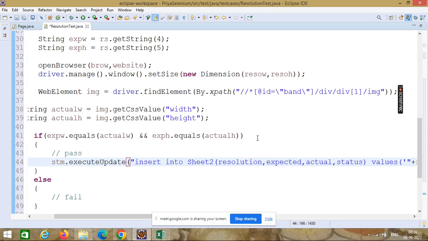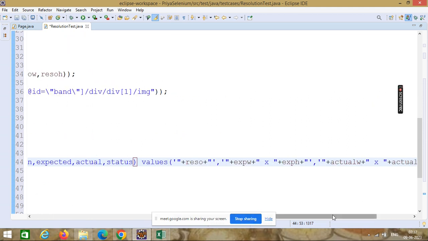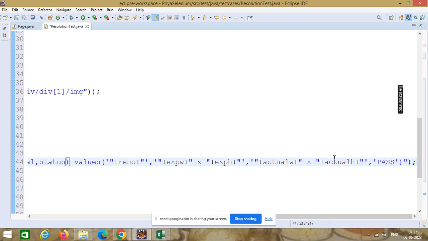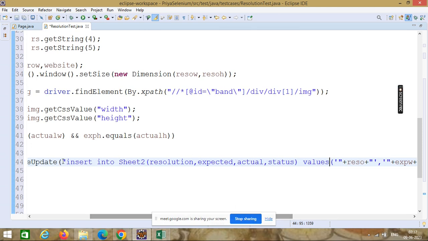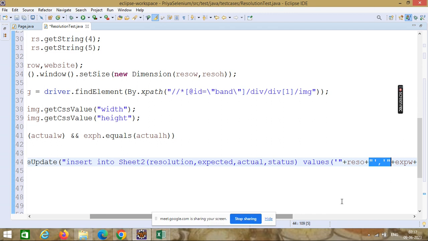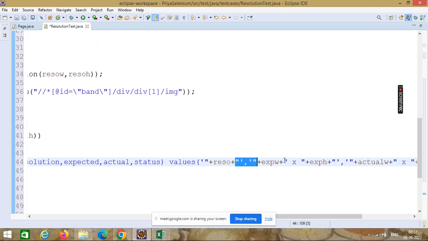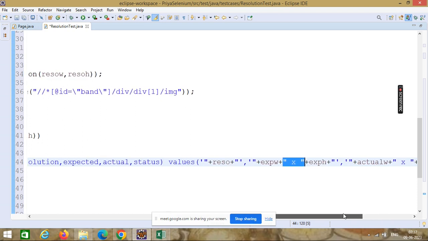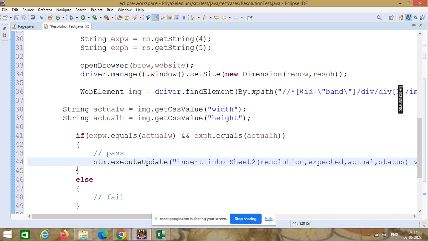So you can check the brackets. Like this is bracket 1, this is bracket 2. The main problem that comes is usually with brackets, so you can check like that. And this is the bracket again; this is the bracket close. You can check the double quotes also like this: the double quotes start, and this is double quotes end. Then value added, then plus again double quotes start, double quotes end. In that way you can check if some error is coming. So this is the insert SQL query we have written.